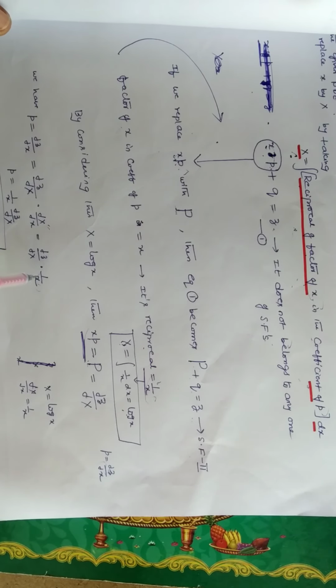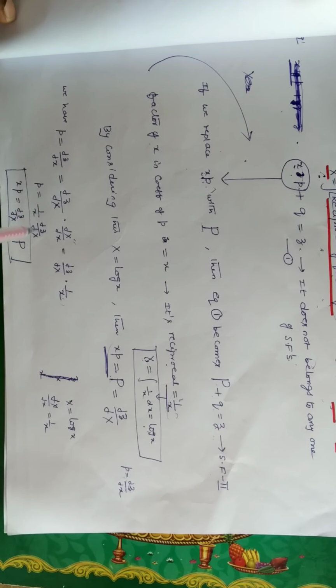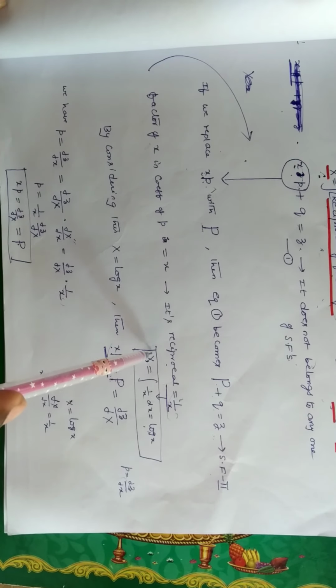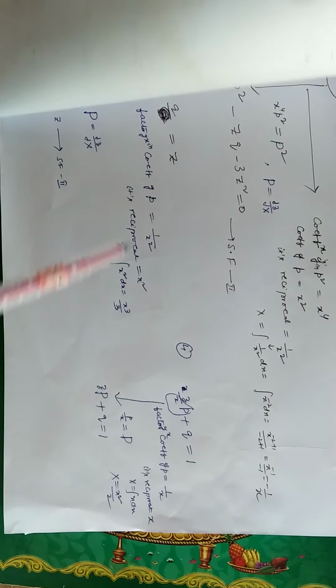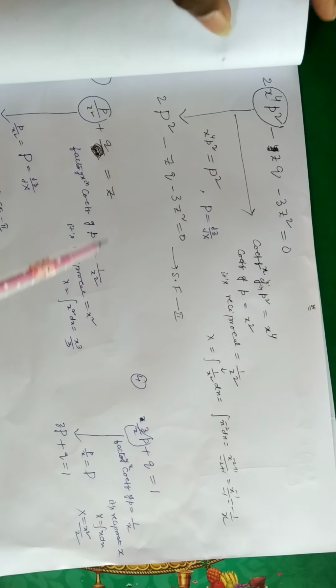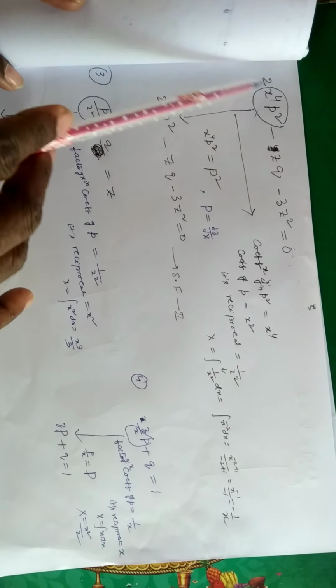That means small p equals 1 by x into dou z by dou capital X. By cross multiplying, x into small p equals dou small z by dou capital X, that is nothing but capital P. This is the consideration we use. Without writing this, we directly write x into small p equal to capital P by considering capital X equal to log x. We move to another example. In this example, we consider the partial differential equation. It does not belong to any one of the standard forms.